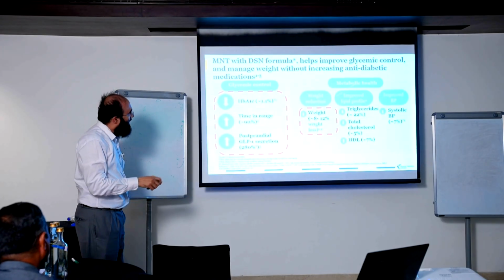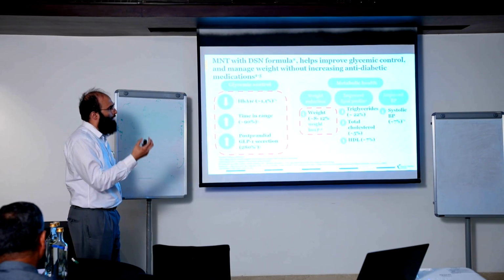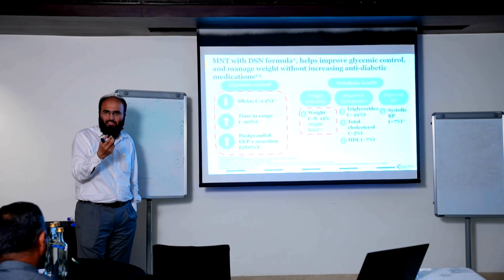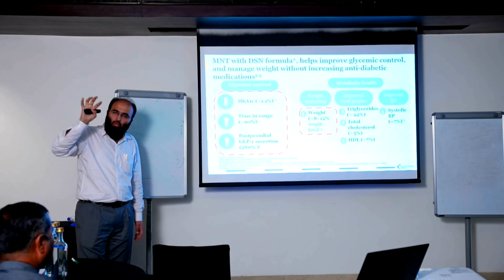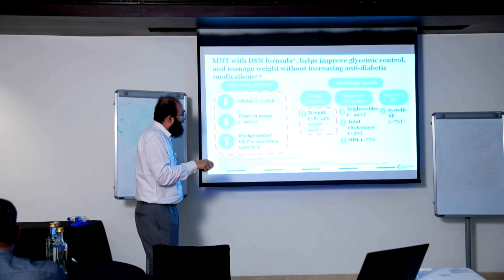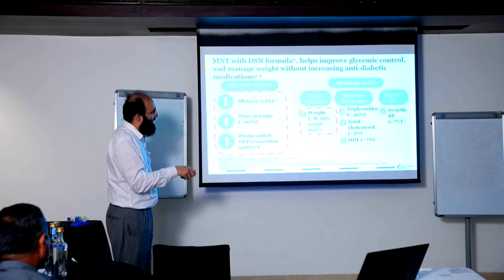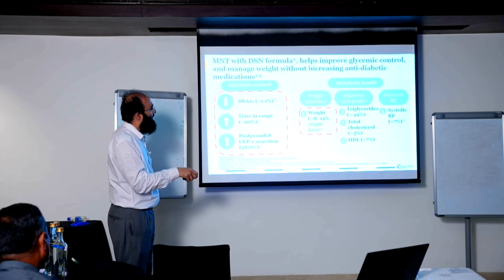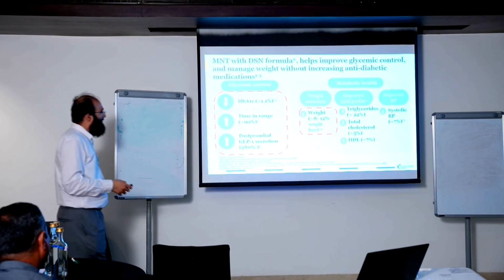Metabolic health, so there is weight reduction, there is improvement in the lipid profile, and there is improvement in BP. When there is improvement in the insulin resistance, sugars are better, your triglycerides automatically settle. So there is weight reduction of 8 to 12%, triglycerides by 22%, total cholesterol by 5%, HDL by 7%, and there is an improvement in systolic blood pressure also by 7%.